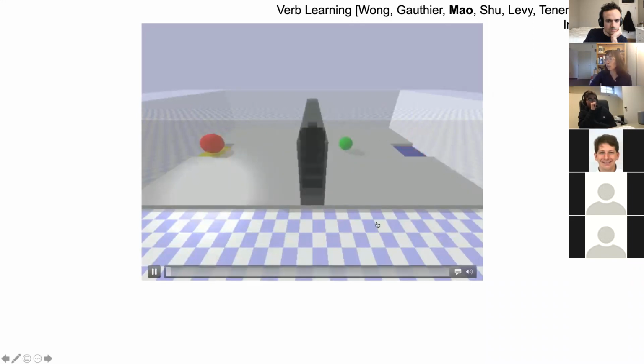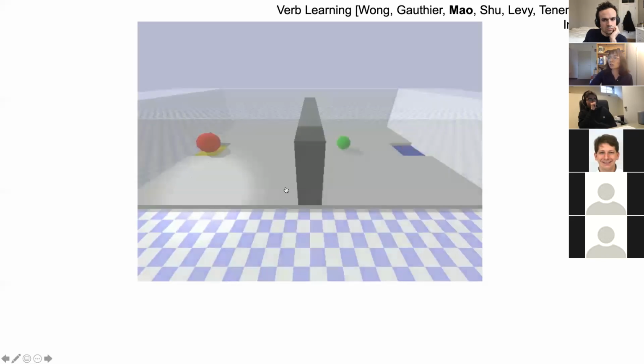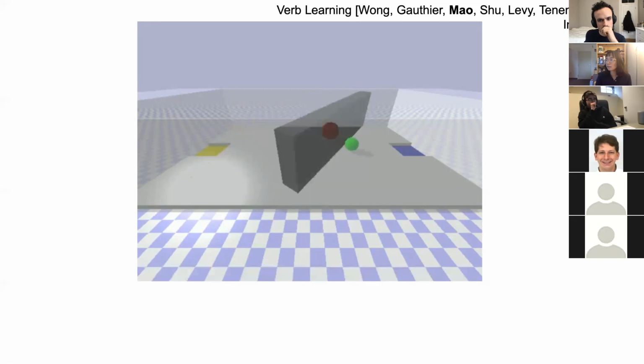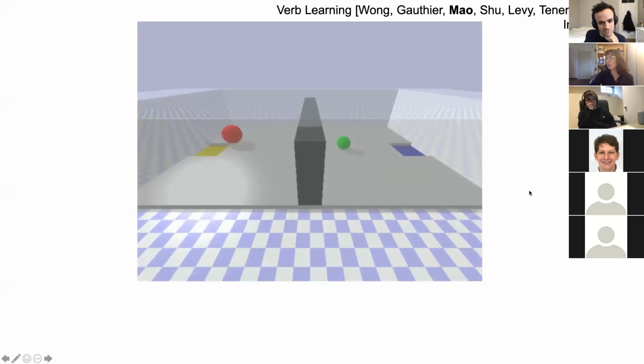Okay, I will play it again. So now I ask you to look very closely at the third example. Okay, now maybe again.